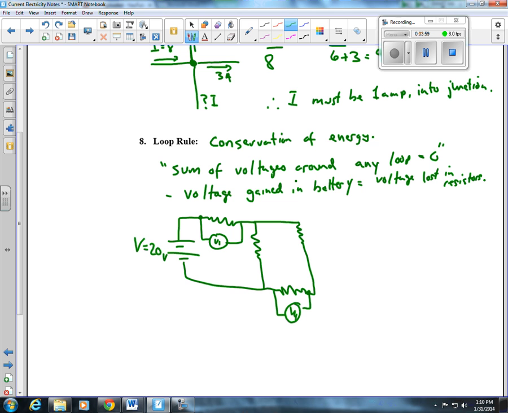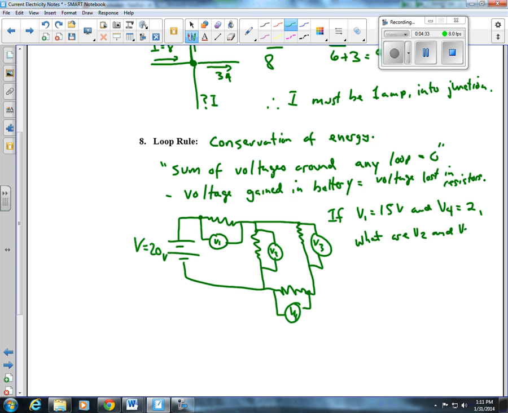V4. Okay, I'm going to say if V1 equals 15 and V4 equals 2, then I'm going to hook up some unknown ones over here. Call that one V2, call that one V3. What are V2